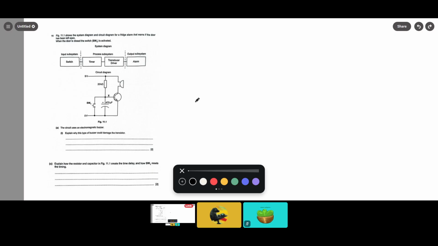Alright, so, explain why this type of buzzer could damage the transistor. This question is not really a lot of thinking. You just need to know some facts. I stated this in my transducers video. You can check it out now if you want. But basically, in this type of buzzer,